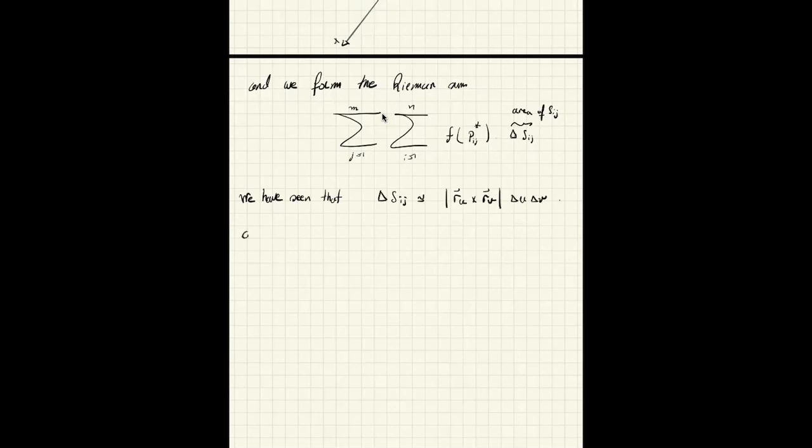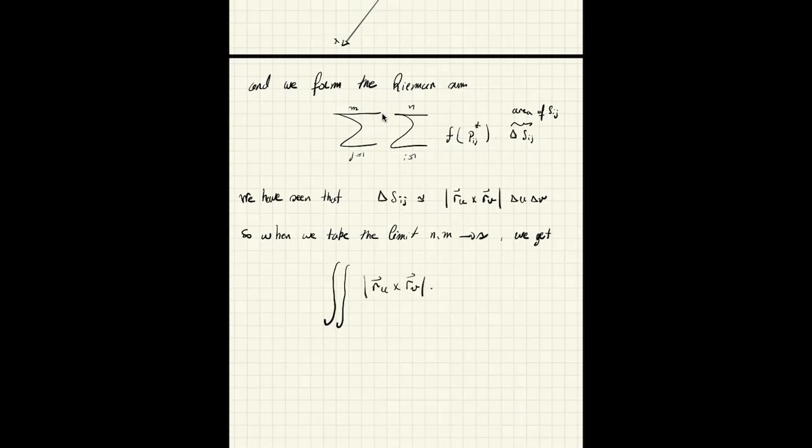So when we take the limit as n and m go to infinity as before, we get the integral of r_u r_v